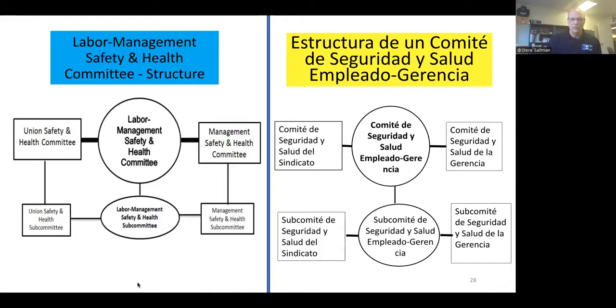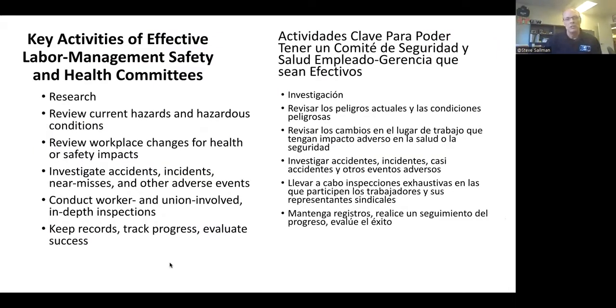And then the duties and functions. If we can move to the next slide, and it'll be my final slide, these are the key activities that make a health and safety committee effective. These are just some examples. What kind of research needs to be done in the workplace? How well is the training working? Do they seem like they're understanding the training? We've had a lot of people leaving the workplace. Do we have green working with green? Is there new working with new? Do the research, how are things working?